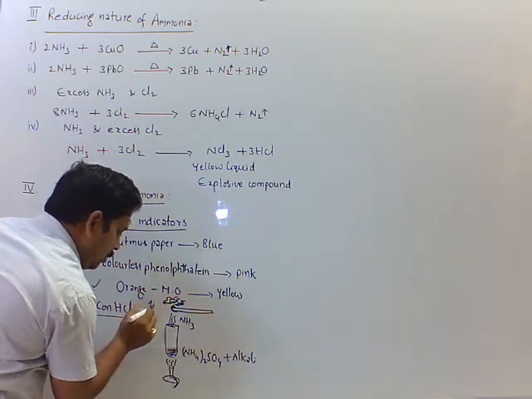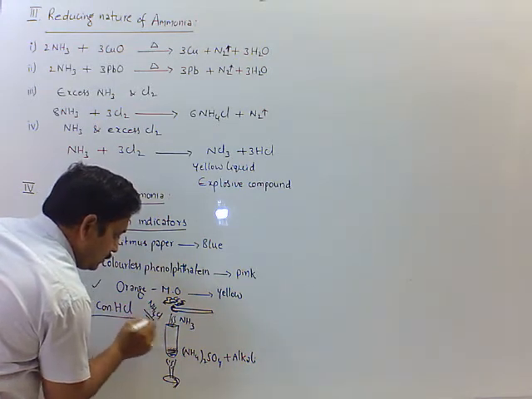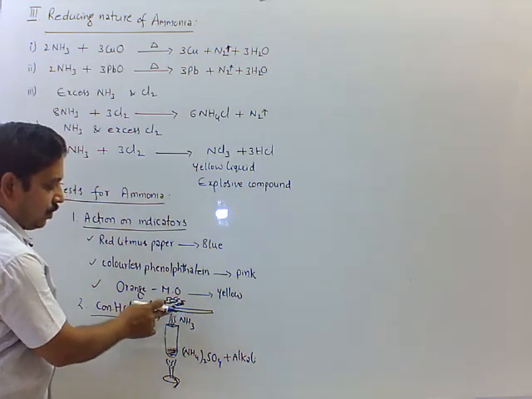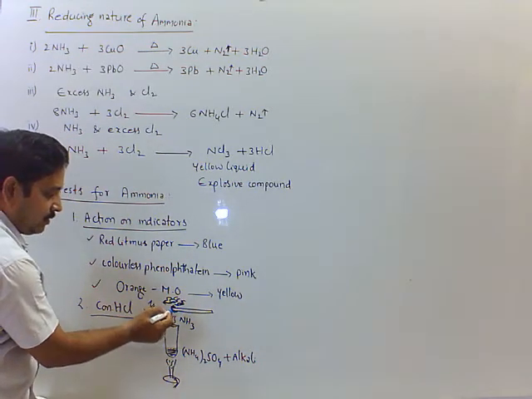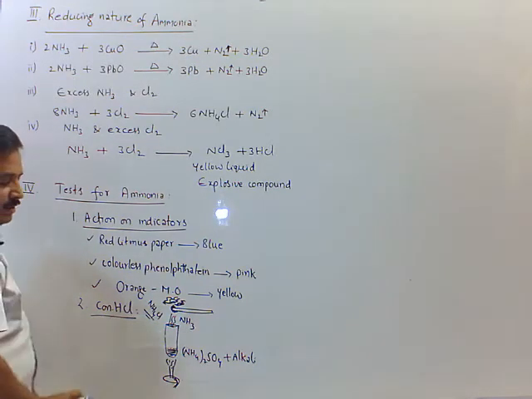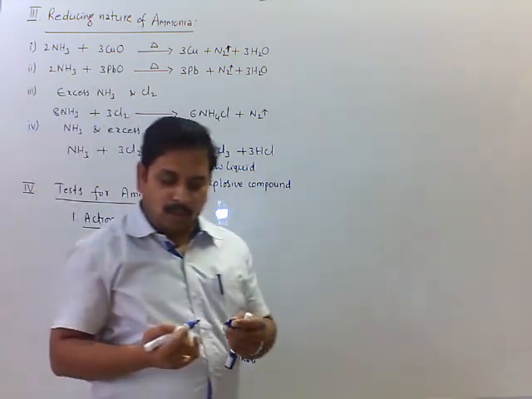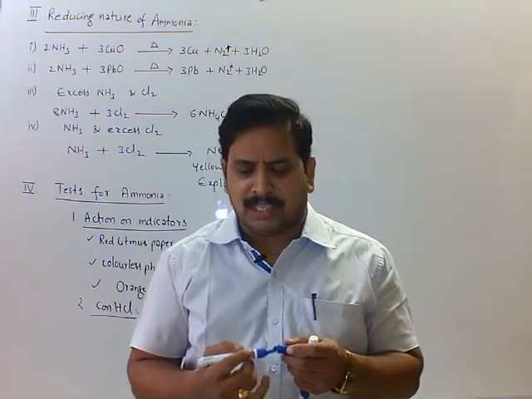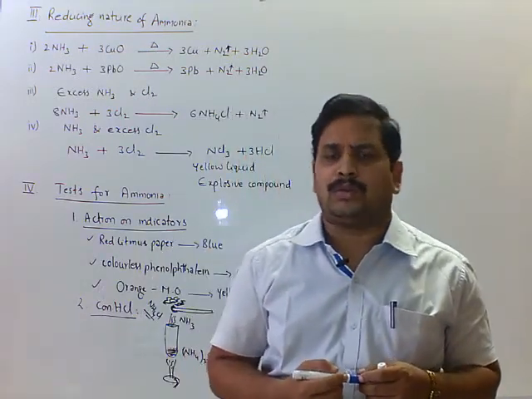These are ammonium chloride. So, ammonia gas gives white dense fumes with concentrated HCl. This is a very, very important test in the detection of ammonia gas. And also we can detect with the help of copper sulfate solution also.